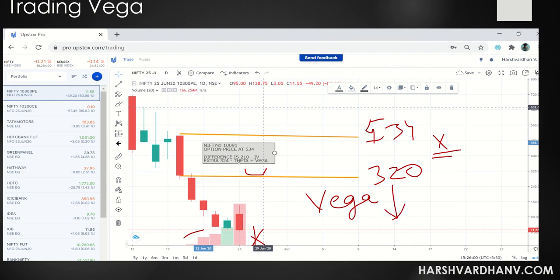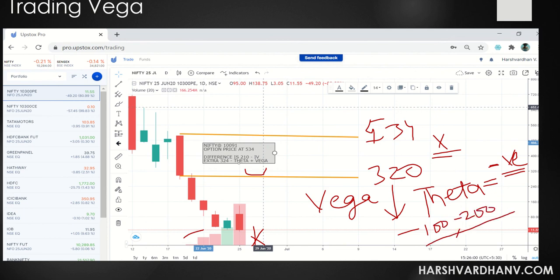It is on 22nd June. 22nd June means it is approaching maturity. What happens when you approach maturity? Your theta becomes exponential, right? It will erode 100, say 200 rupees of theta in one day. Just imagine over here, Nifty is at 10,091, option price at 534. The intrinsic value is 210, and 324 is the premium that the call seller is asking you for the volatility